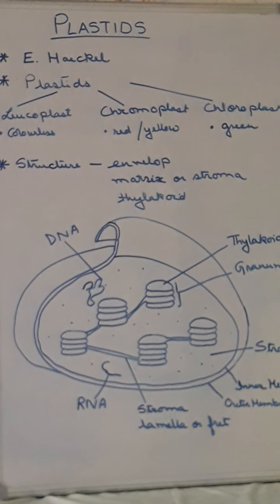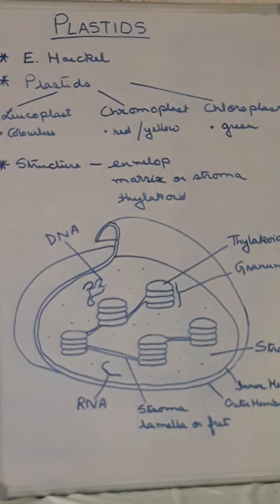Now the leucoplast, as it is colorless, occurs near the nucleus in the non-green cells and possesses the internal lamella. It is of three types: the amyloplast which contains starch, the elaioplast which contains fats, and the aleuroplast which contains